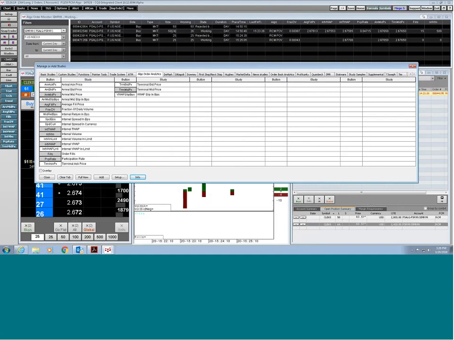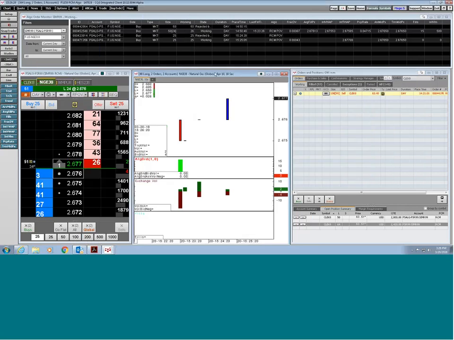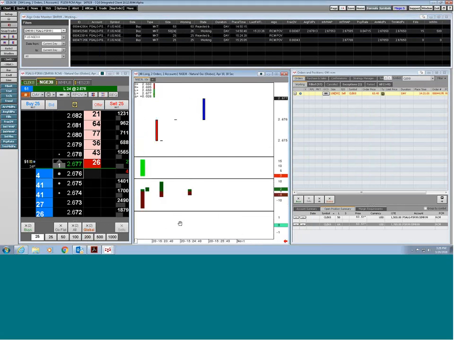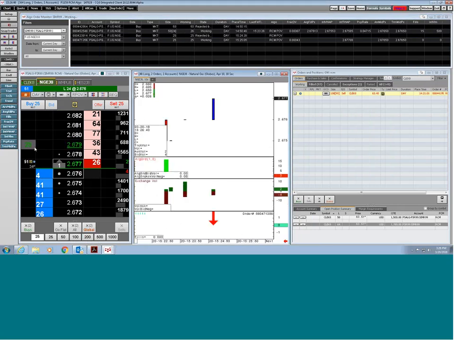Okay, so that's found under Studies and under Algo Analytics. For here, one of the things you could do, if you wanted to find your fills, is go to one of the orders that's being worked on. This one's working. I can left-click and hold on that order, drag it down and drop it right into my study. That'll tell me where my fills are, if I have any fills in this market, which I do, 24 fills.